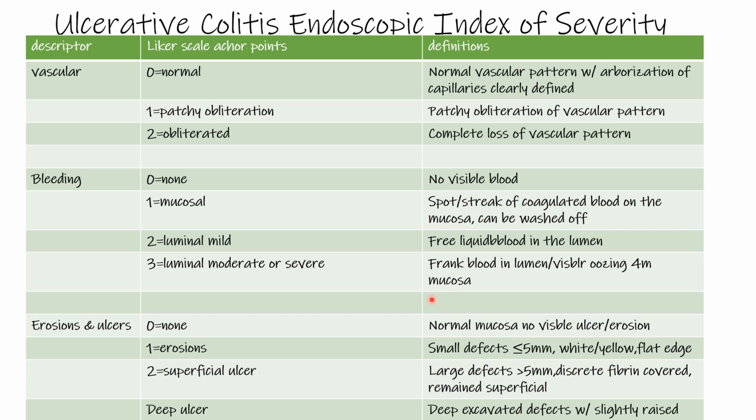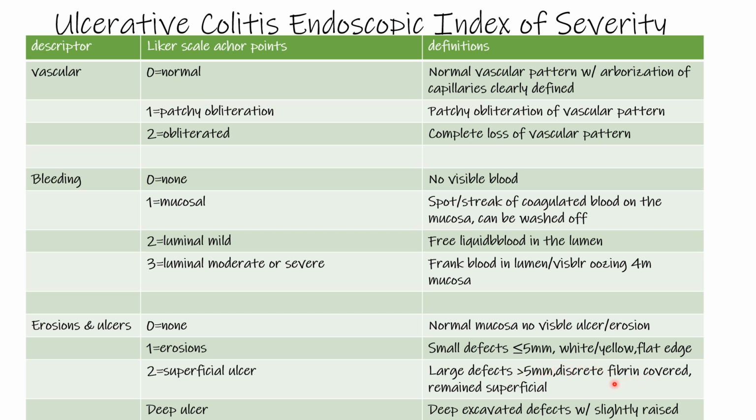And then 3, that is moderate to severe, where you have frank blood in the lumen, and it is visible oozing from the mucosa. The next factor we said is erosions and ulcers. In 0 you have none. In 1 you have erosion, that is small defects less than 5 mm, which could be white, yellow, or